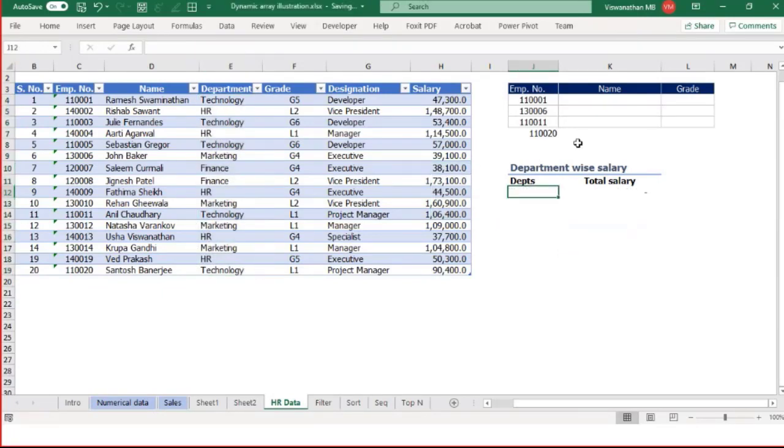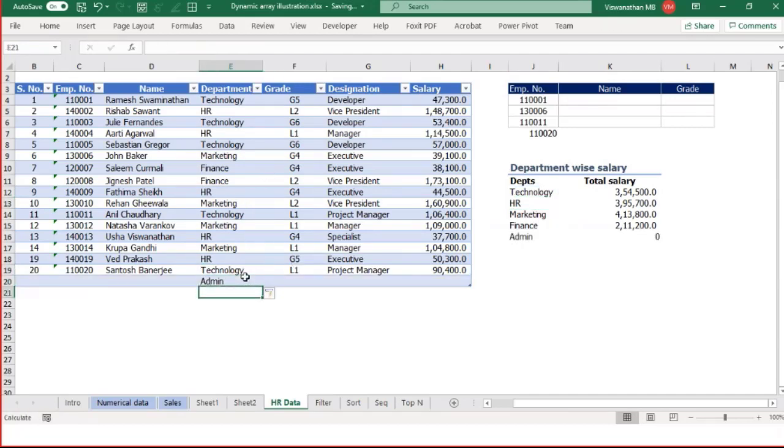What I'm going to do here is simply use a unique function, unique, select this particular table. It gets me the unique values from this list. As the list keeps growing, because it's a table, you will also notice that our unique function will automatically grow. Tomorrow, if I added 2 admin sector employees, you will see that this unique function automatically grows, right?